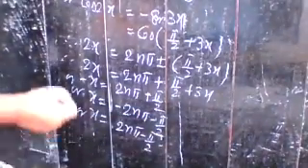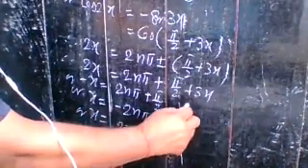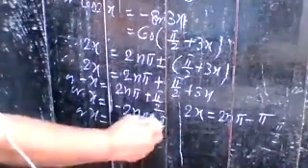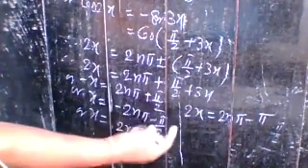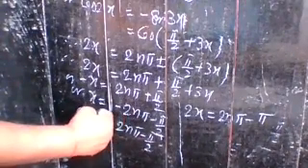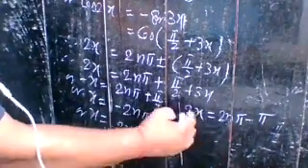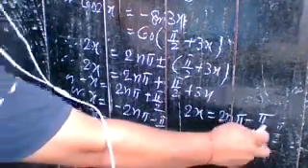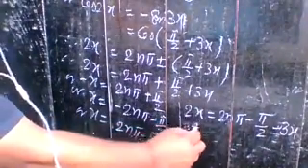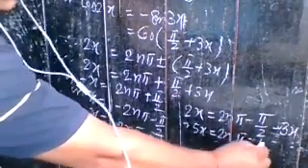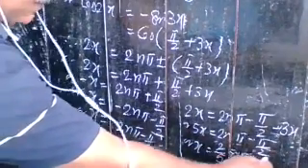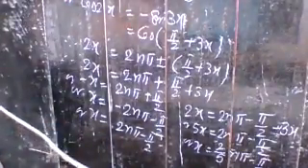And also, if you are taking its negative value, so you have 2x is equal to 2n pi minus pi by 2, and here you have also minus, so minus 3x, or you have 5x is equal to 2n pi minus pi by 2, or x is equal to 2 upon 5 n pi minus pi by 10. Minus pi by 10. Yes, write in this way.